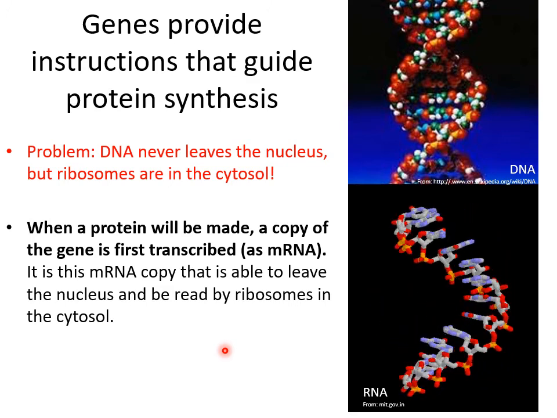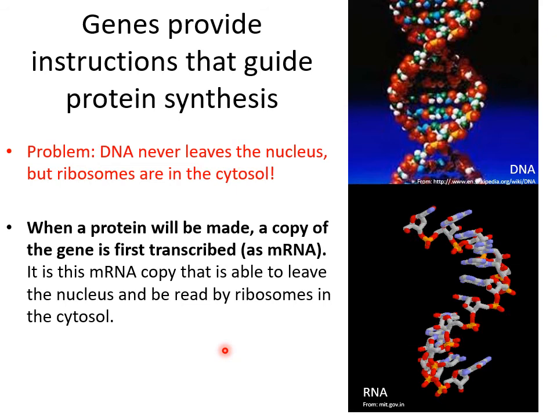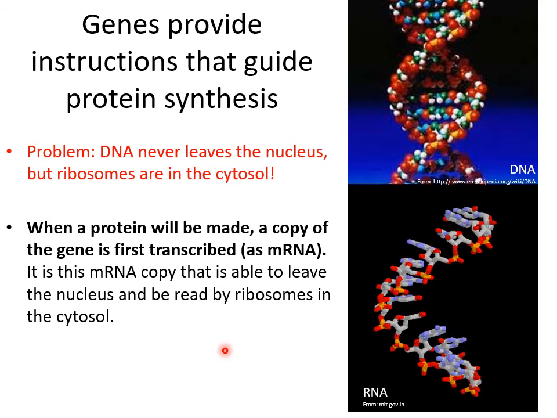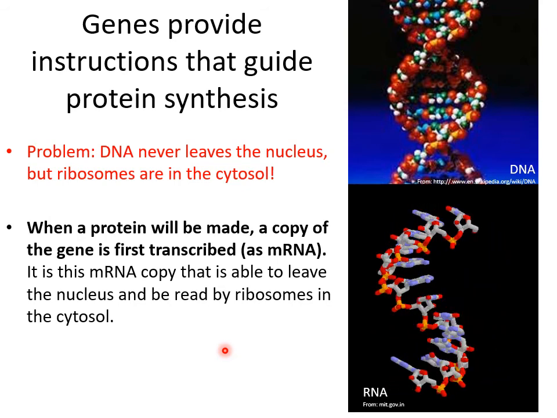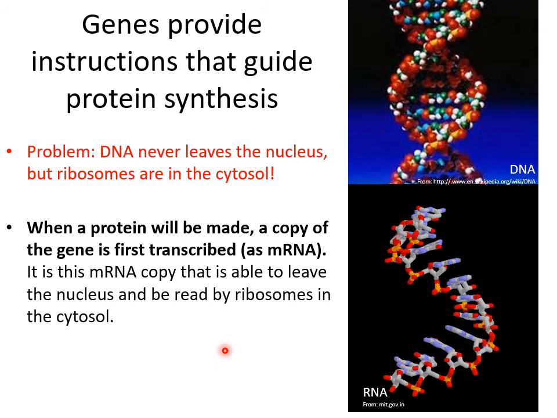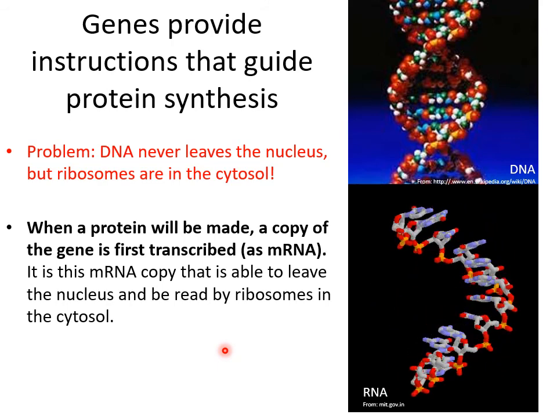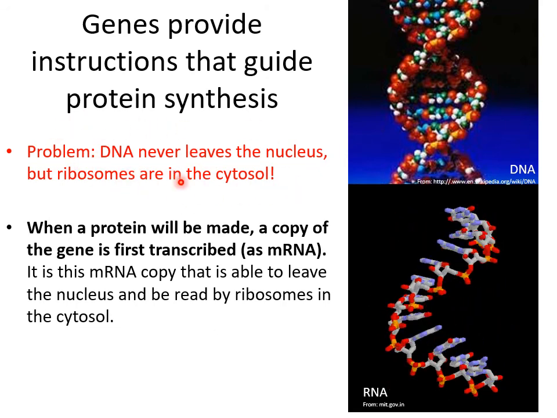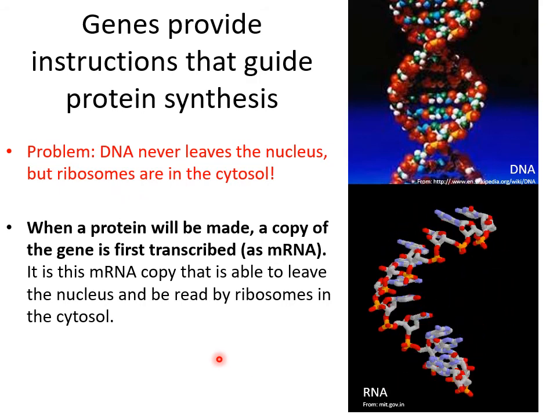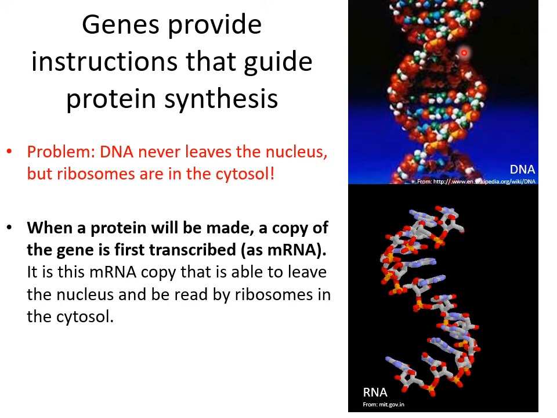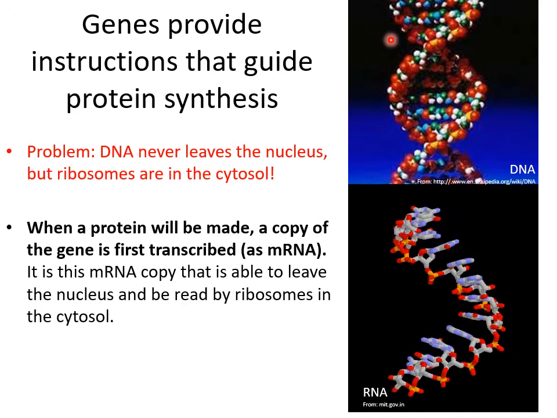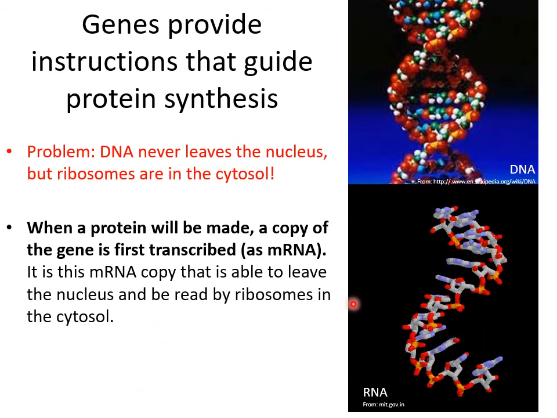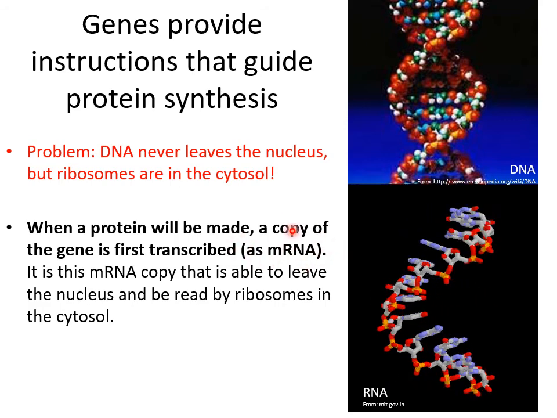You may recall from the cell unit from Bio 11 that DNA stays in the nucleus. It doesn't leave. Where are ribosomes again? Yeah, they're in the cytoplasm, free floating, or maybe they're attached to the rough endoplasmic reticulum. Well, how does that work? If the information on how to make a protein is stuck in the nucleus, but the machinery that makes the proteins is in the cytoplasm by the rough ER, well, we have to make a copy of the recipe that is able to leave the nucleus and go to the cytoplasm. This copy is called RNA. It's messenger RNA or mRNA.